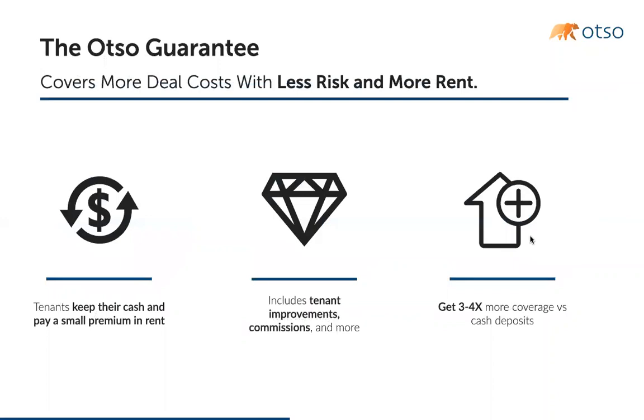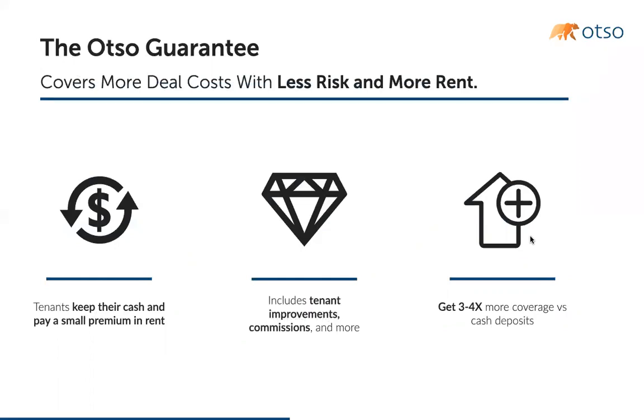At our heart, Otso writes corporate guarantees on behalf of prospective or current tenants who are looking to occupy commercial real estate. Our guarantees are good for the life of the lease. They cover every instance of default that the underlying lease does. If you're happy, we can send these documents out. But if you ever look at one of our guarantees, it's actually really simple. It basically says tenant performed, and it points to the underlying lease.